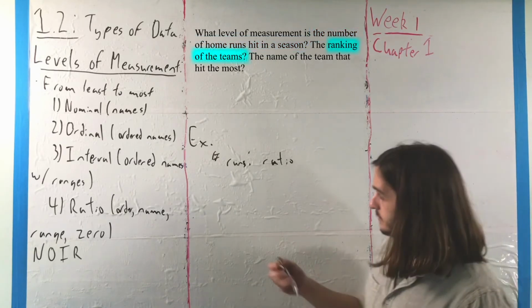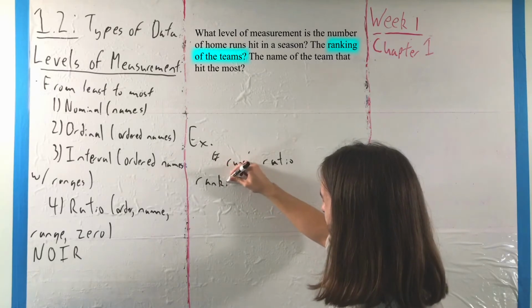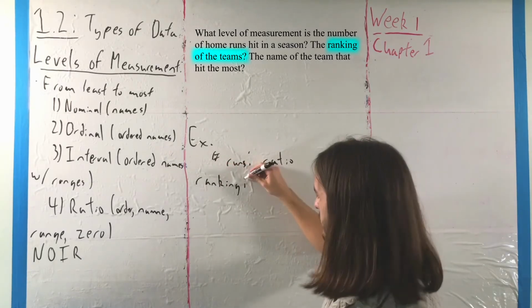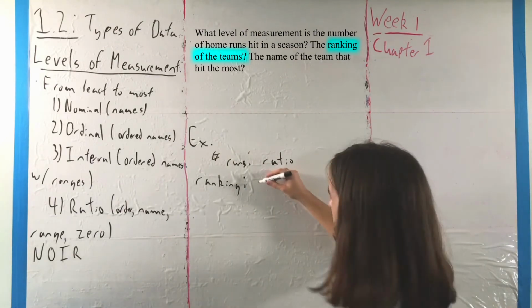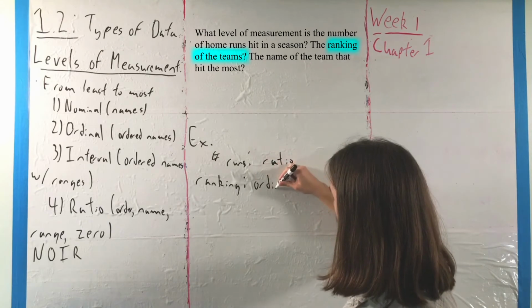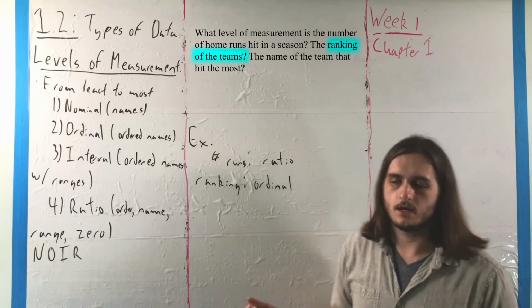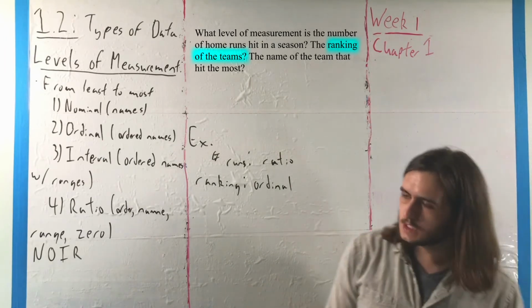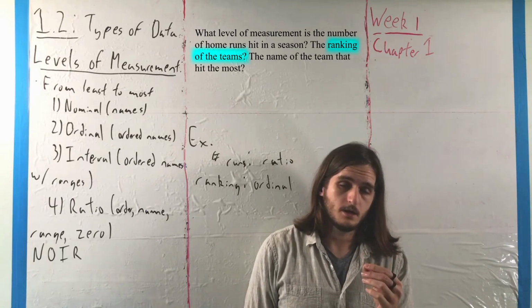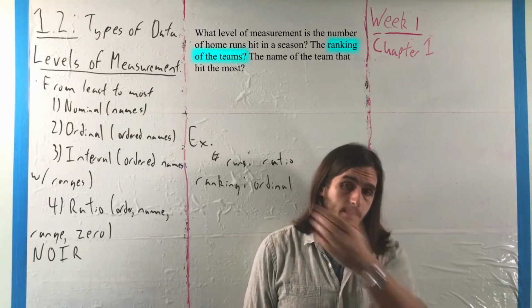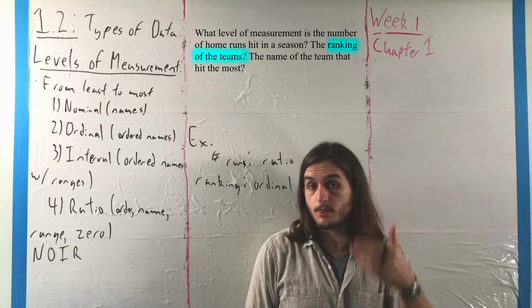Next, if we're looking at the ranking of the teams, anytime we're talking about a ranking, first, second, third, and so on, that's kind of the classic example for ordinal data. Because when we're talking about a tier list or a ranking, there isn't that sense of consistent difference inherent to just the ranking. When you look at the numbers that form the ranking, yeah, that makes a difference here. But if all you're saying is who came in first, who came in second, who came in third, and so on down the line,